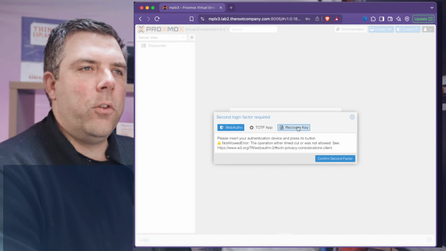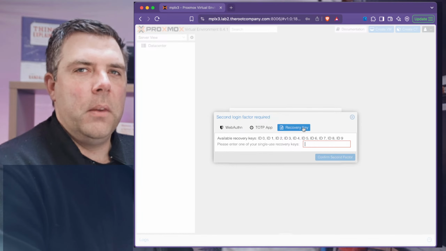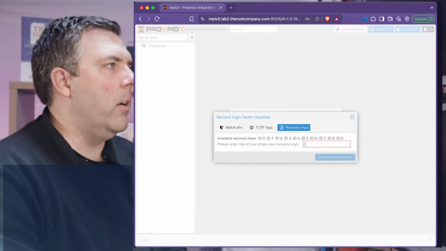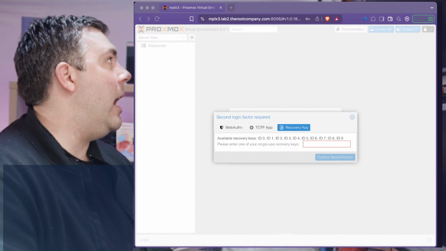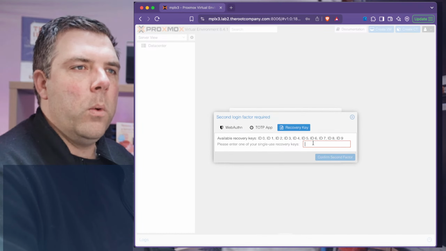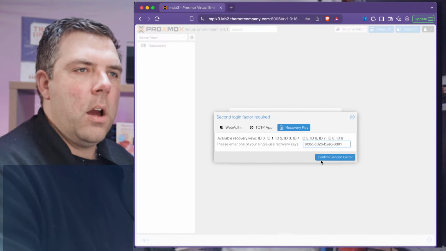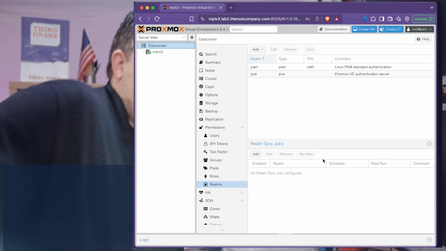We have an exception for recovery key. Recovery key operates above the law. We can always use recovery key regardless of what else we've used. And to show this, I hope that I'm not misspeaking on that. I may actually be misspeaking on that. I did not actually try this in this configuration. But we're going to go ahead and put in the recovery key there. Okay, it lets me in. So I didn't misspeak. Good. So